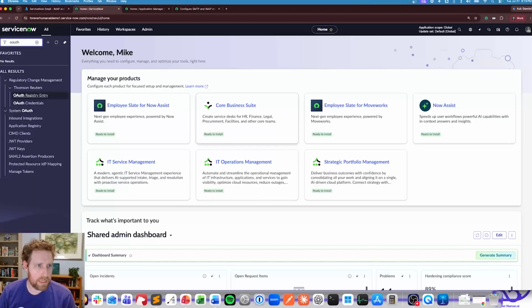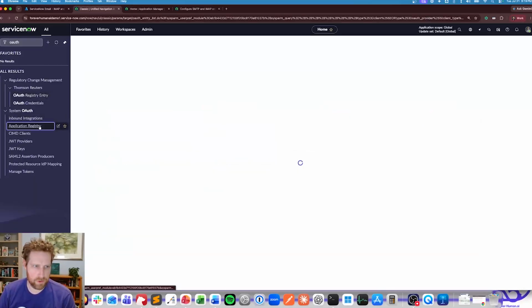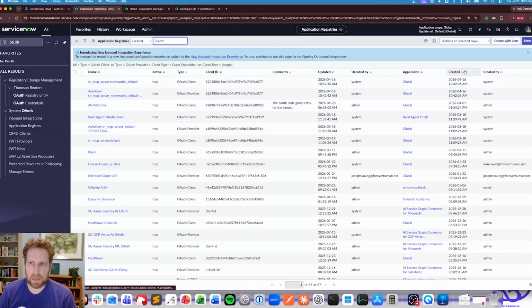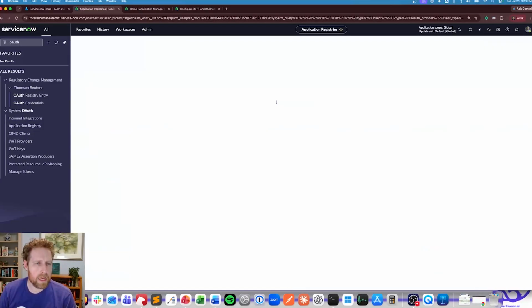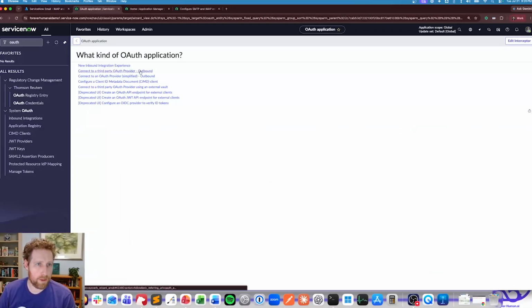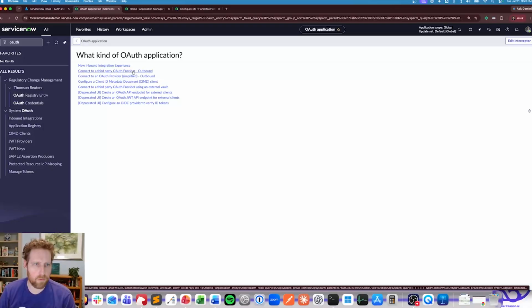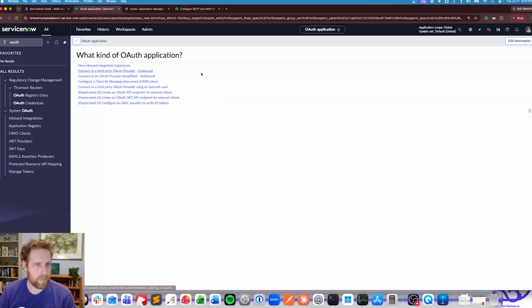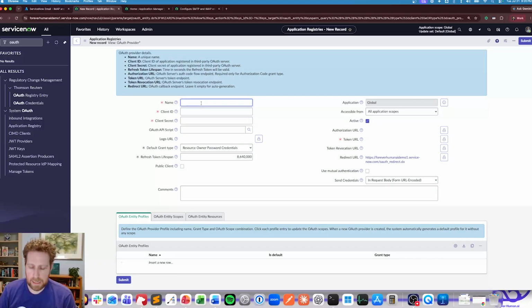So first thing we need is a new application registry for the OAuth side of things. So I'm going to come here. I'm going to hit New. And then I'm going to say connect to a third-party OAuth provider, outbound. I'm not going to do the simplified one. I want all the power. So here, the name can be M365 email, SMTP, IMAP over OAuth. And then the client ID here is going to be the client ID that we grabbed